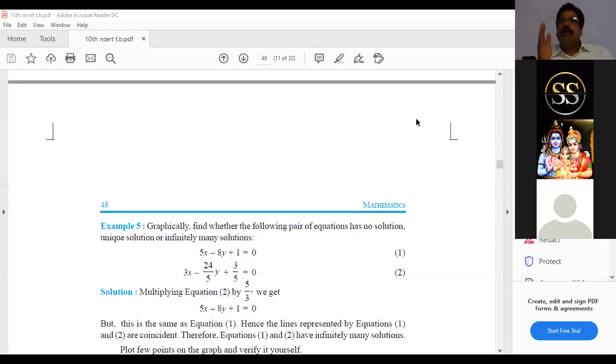And the scale you have to mention compulsorily. For the graph, you have to mention both. Highlight it, put the dot and circle the point. Minimum 3 solutions. To draw a line, 2 points are required. But to show that line, you have to find a minimum of 3 solutions. Finding solutions is most important.